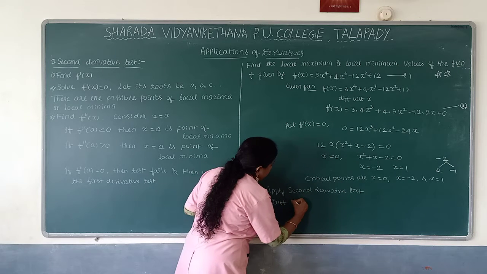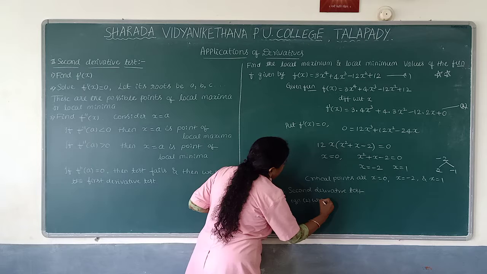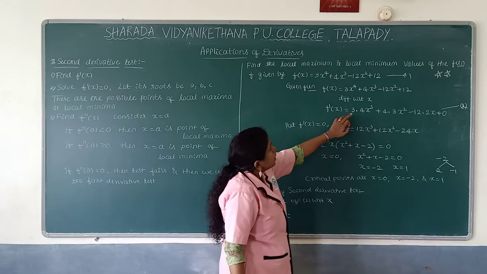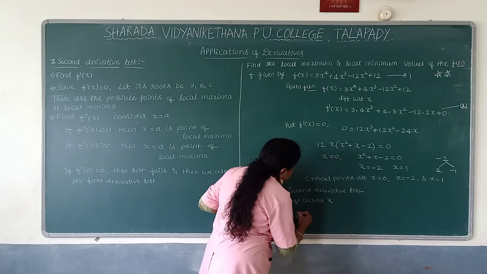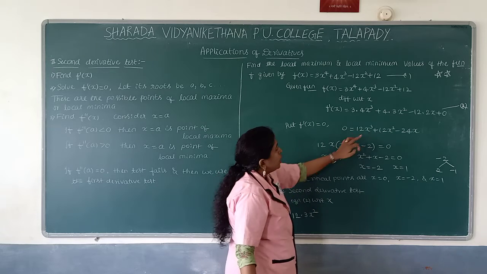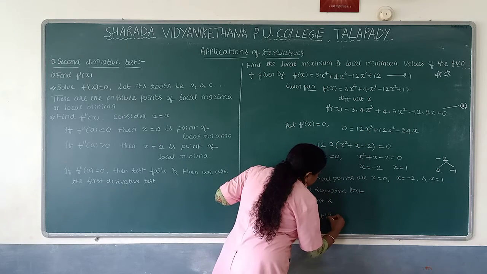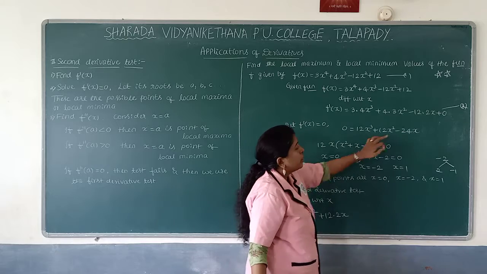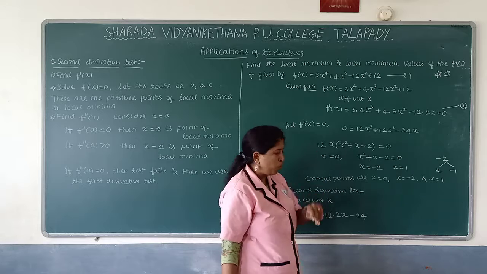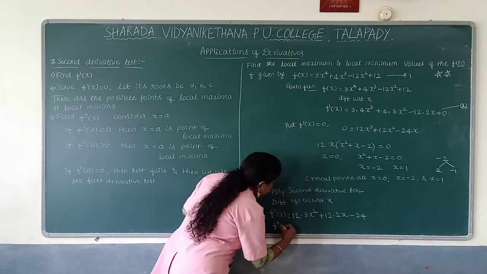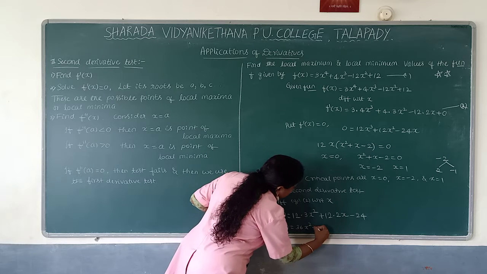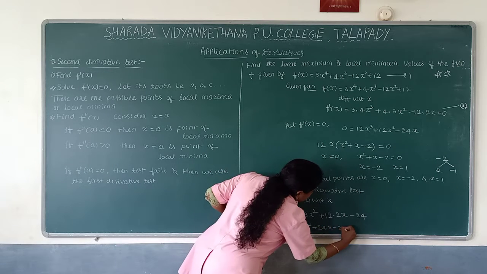If you call this equation 1 and this one equation 2, in that case differentiate equation 2 with respect to x. We'll get f double dash of x. See, 3 4s are 12. First write x cube derivative, which is 3x square. Next, 4 3s are 12, and x square derivative is 2x. Next, 12 2s are minus 24, and x with respect to x is 1. Then simplify: f double dash of x is 36x square plus 24x minus 24.